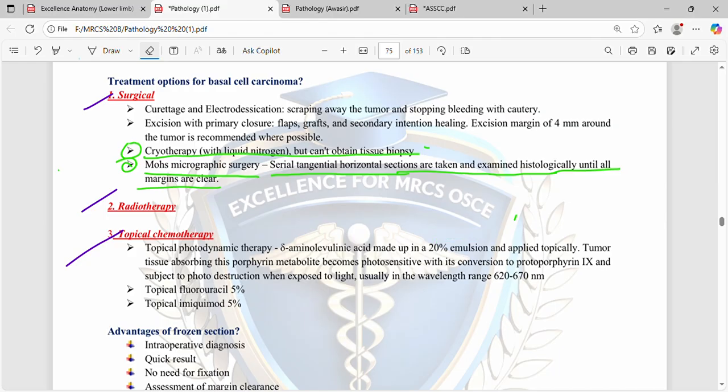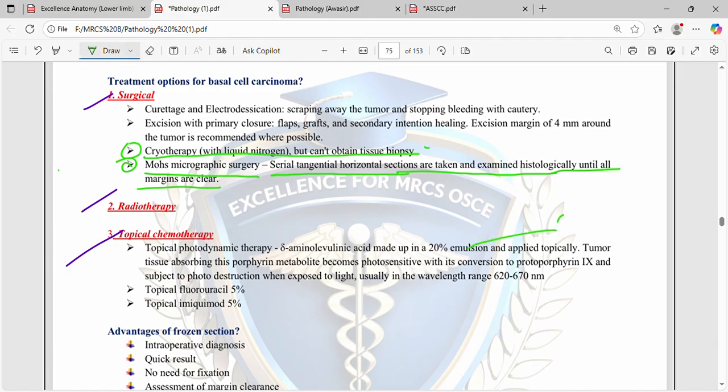So the basic concept of Mohs microsurgery is that if you have a skin lesion, you constantly take horizontal sections and check these under the microscope, frozen sections, until the tumor is clear. Radiotherapy you can also do, and then we have topical photodynamic therapy, for example